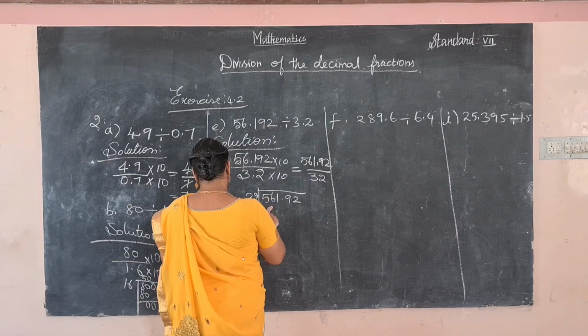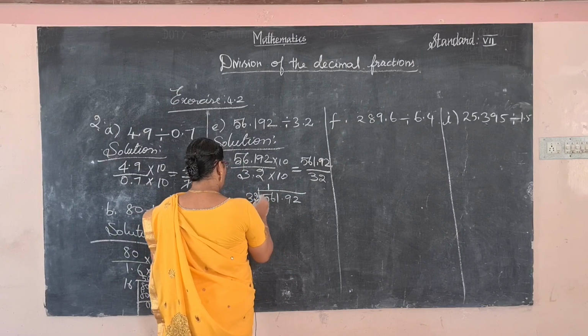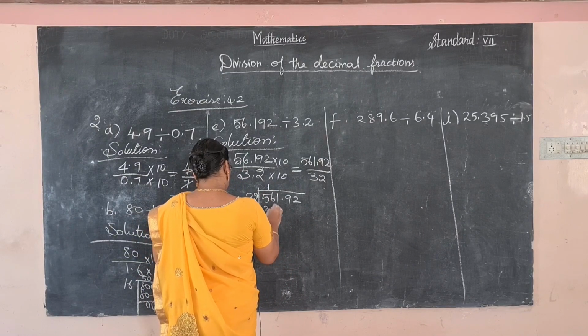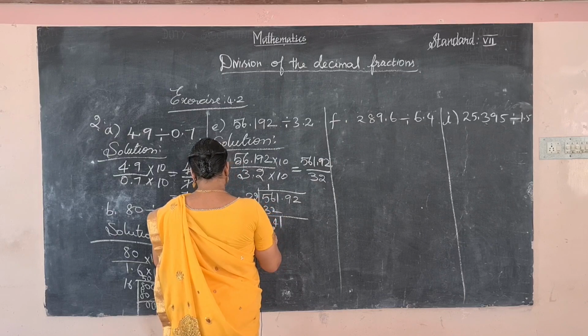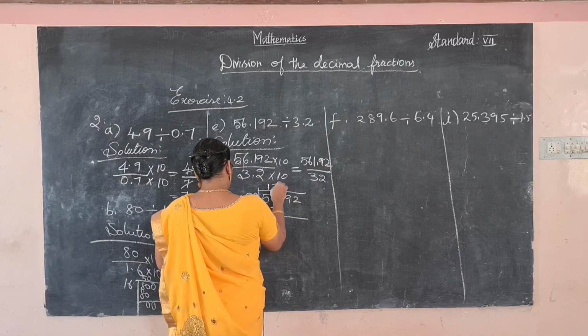How many times is possible? The first two digits, one time, 32. Subtract, 2. Bring down 1. How many times? 32 sevens are